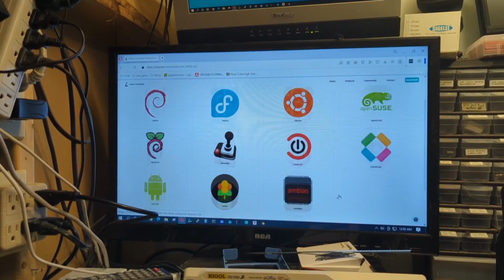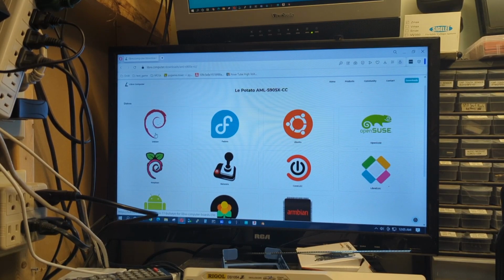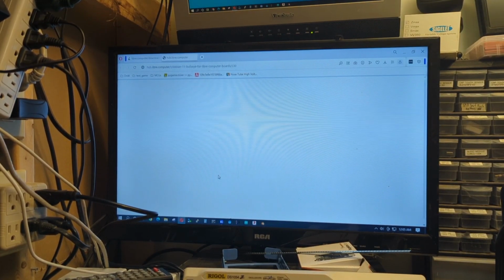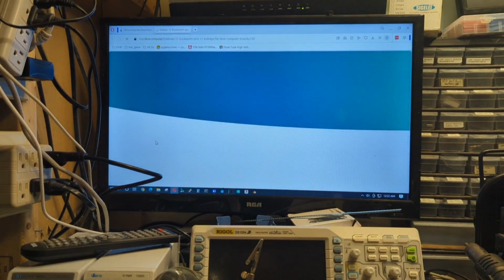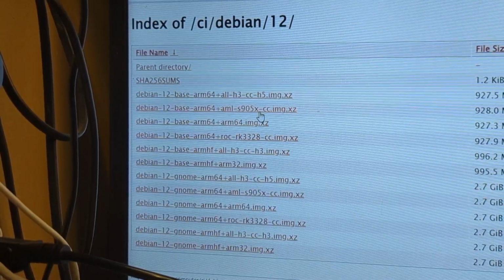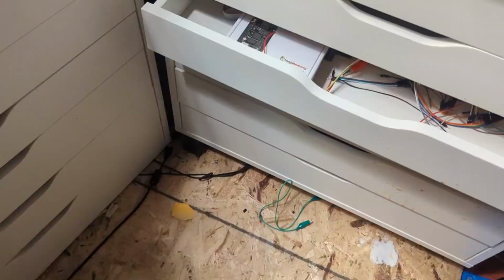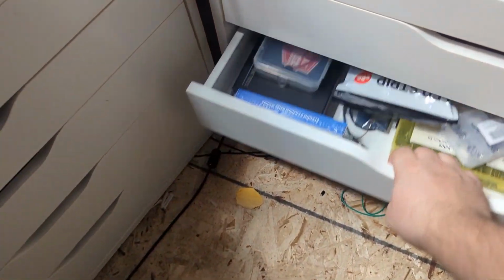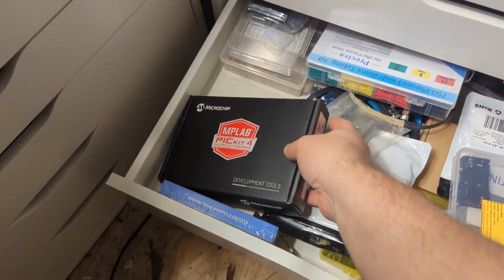Ooh, that's a lot of selection. I suppose good old reliable. Or maybe not. Hey, there we go. Just gonna download this image. In the meantime, for testing purposes, I think we'll go with...